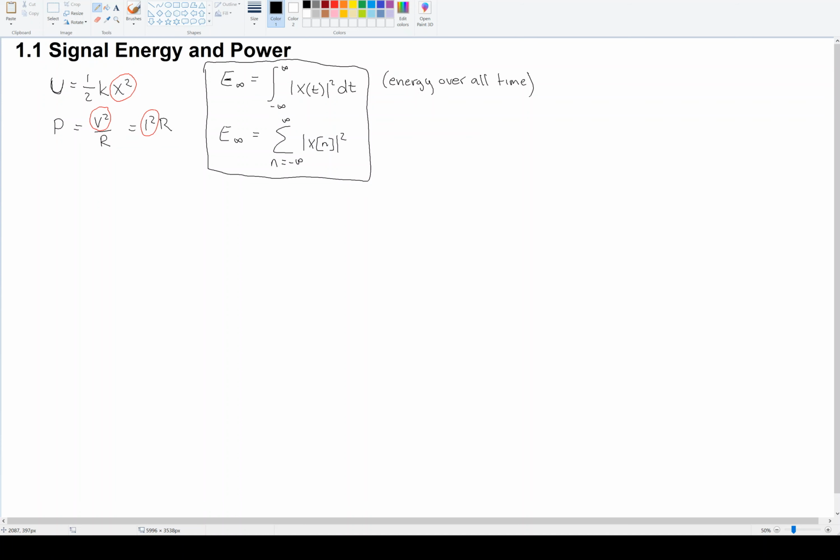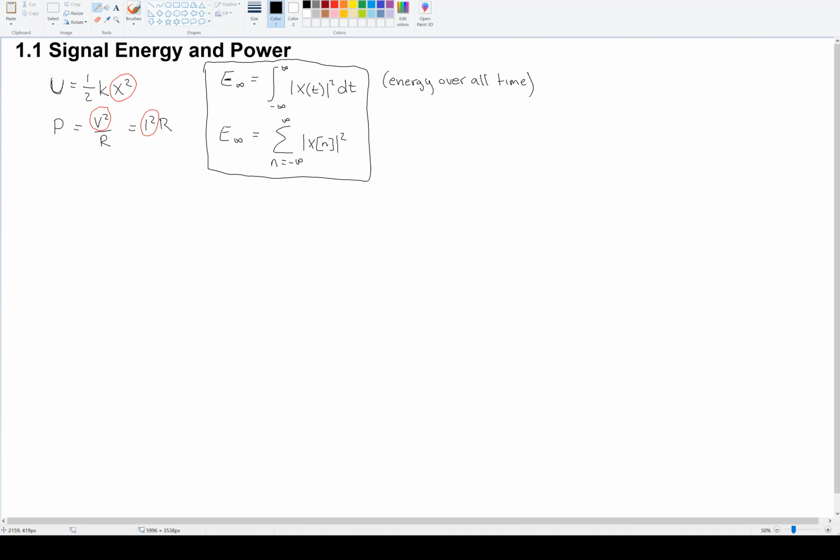Now, related to energy is power. And you should know that power is a rate. It's the rate of energy. If we look at just the continuous energy for now, it's kind of double-sided infinity, where you're going to positive infinity and you're also going to negative infinity. So speaking loosely, you could say that the time frame here is twice infinity. So if we calculated the energy over all time and divided it by twice infinity, then we would have the average power over all time. This is kind of